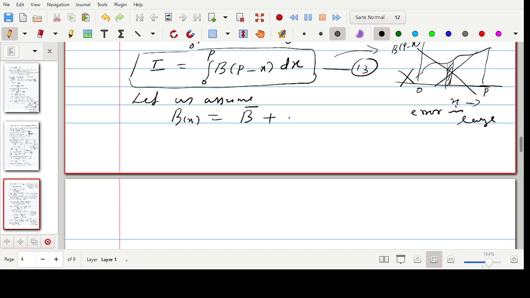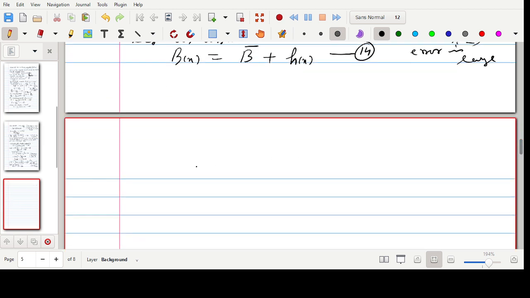Actually, h represents the error in the magnetic field, the change in magnetic field, so h x equals b x minus b bar, where